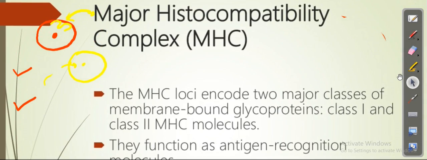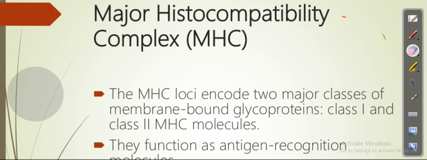Now let us understand about the major histocompatibility. So in the previous slide I said that there are MHC class 2 molecules. So the same thing, MHC means major histocompatibility. The MHC loci are encoded